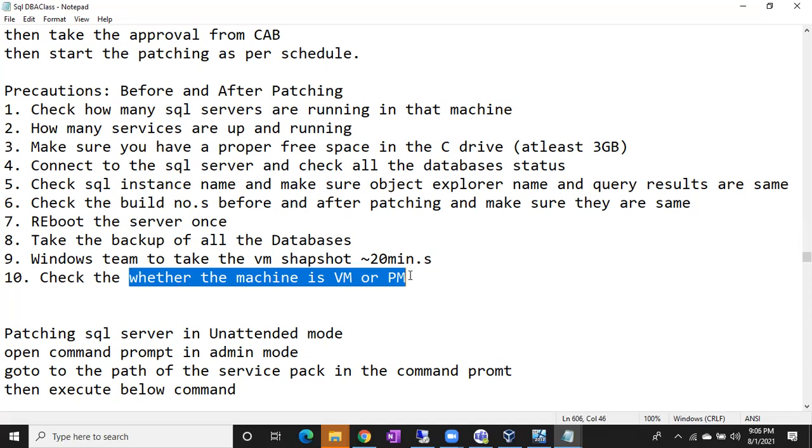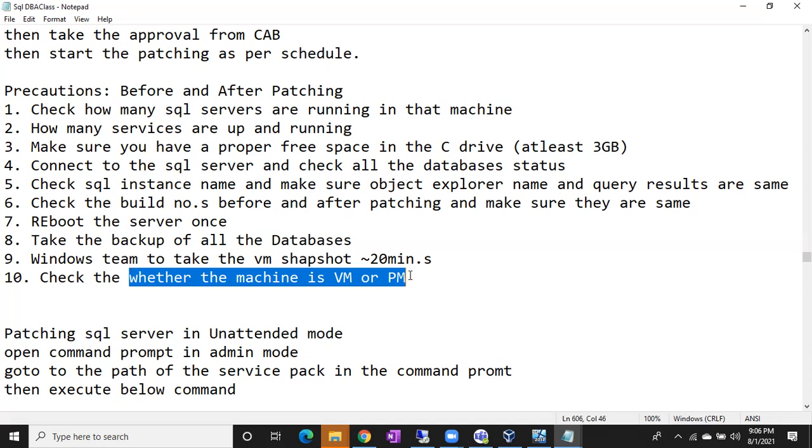Very few servers will be physical servers, 5 to 10%. 99% nowadays are virtual machines only. Hardly can you find 1 or 2 servers. But forget about 1 or 2 servers, once you face the issue, it leads to a peak situation.